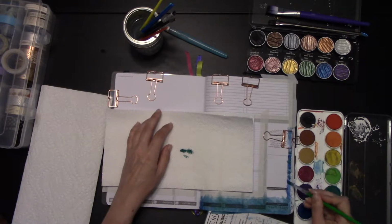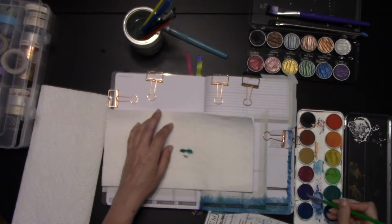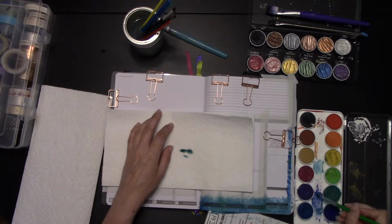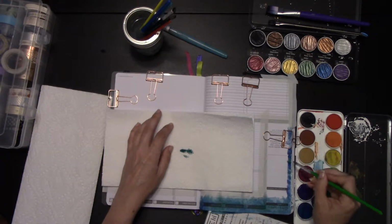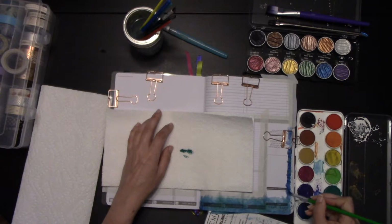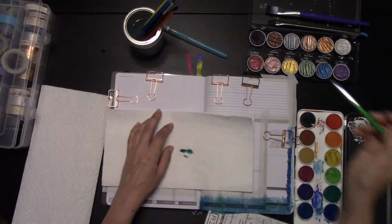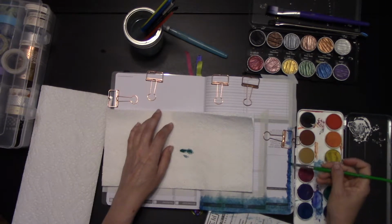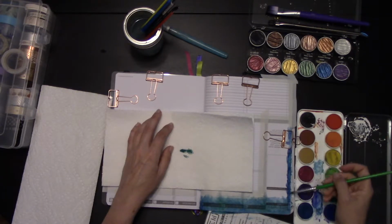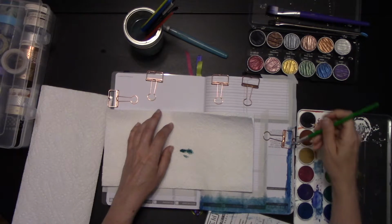in our colors. And then I might even want to add a little bit of a purple to it. Make it purpley blue, like an indigo color. Just daub that in these spaces. Clean that brush a little bit. Go back to our lighter color. And then we're just gonna kind of smush it, mix it around, spread it around, just get it all spread